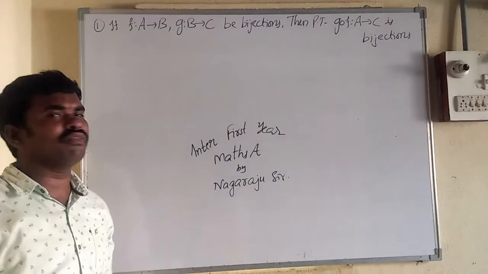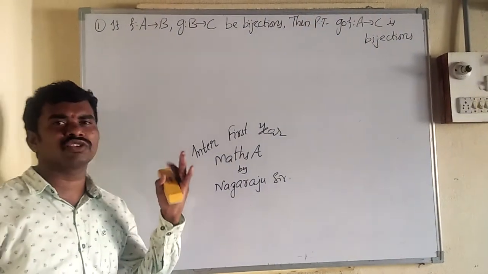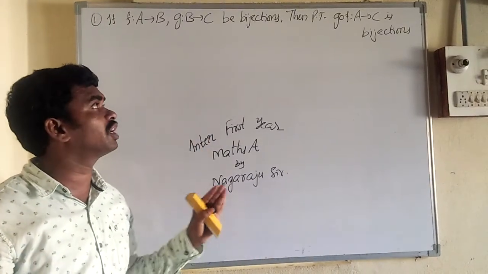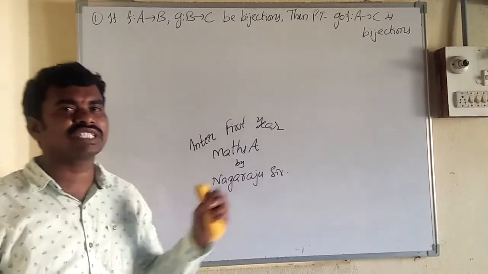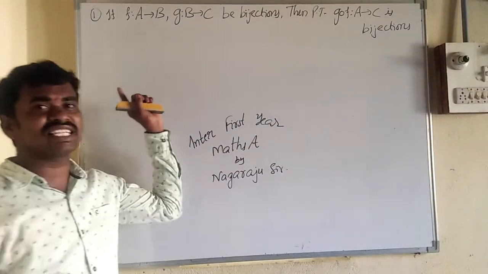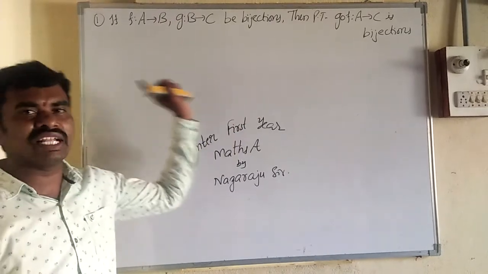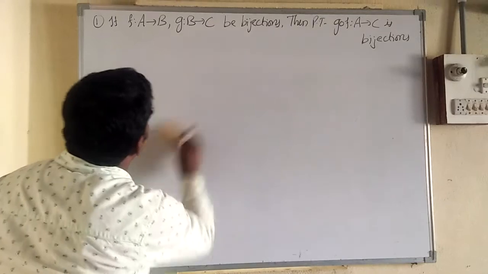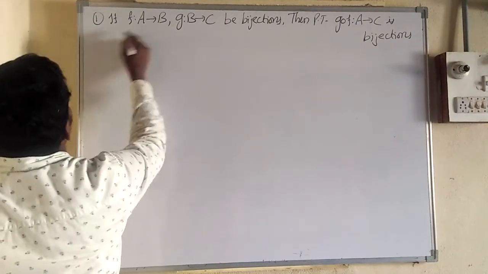Most probably we have four very important questions. 99% these four questions are very important for board exams. If you know these four, you have 7 marks in your hand. So how to solve this? Actually this is a theorem, but it is very simple. After listening, you will say so. So how to prove this question?